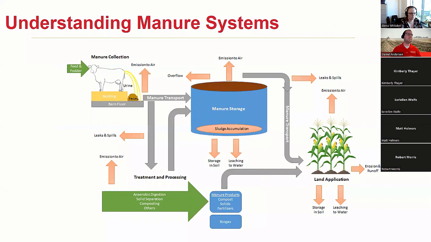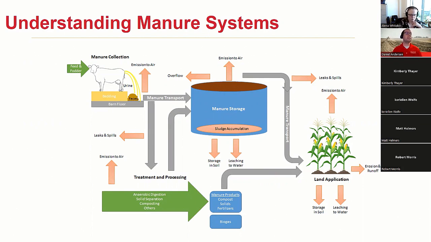This is just a schematic that I use to think about the whole system approach to manure management and really what's happening. There are losses that can occur at any point in the system, and one of our goals as livestock engineers or manure engineers is to think about how we limit losses at each point along that process. It certainly is a complicated challenge, and making a management decision to improve one area without considering what it might mean downstream in our processing can really have unintended consequences.